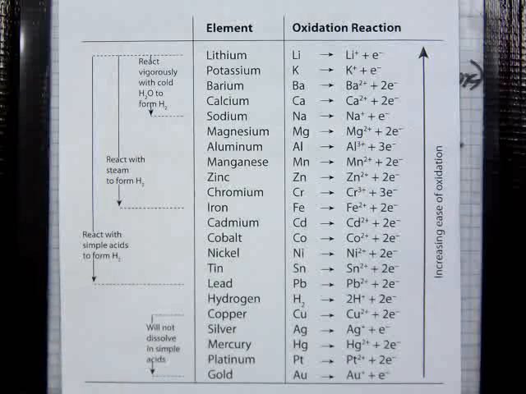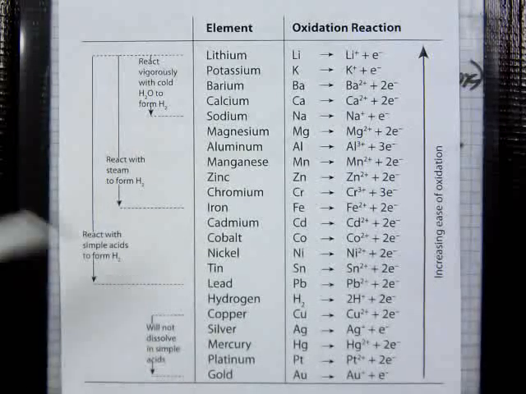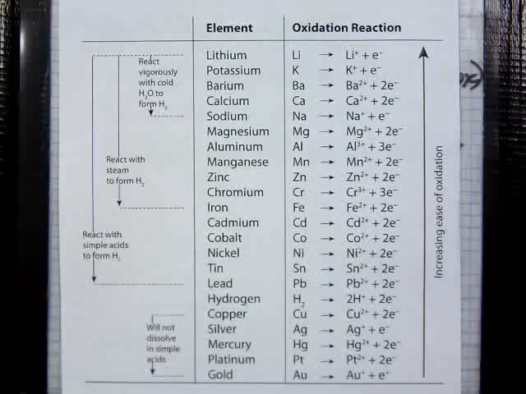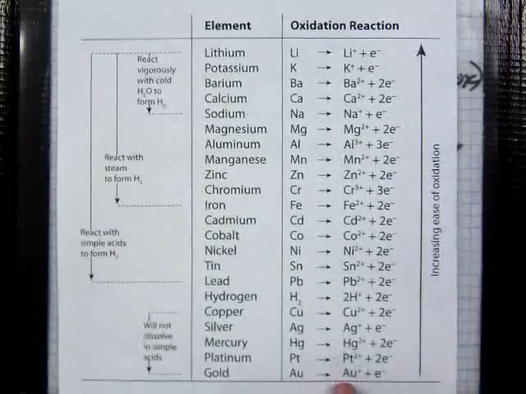You will learn something about it, like the precious metals are always on the bottom of the activity series. Copper, silver, and gold are always at the bottom. The others up here undergo oxidation very easily. They have few electrons in the outer shell, and they lose those electrons very easily. And so, as we go through here,